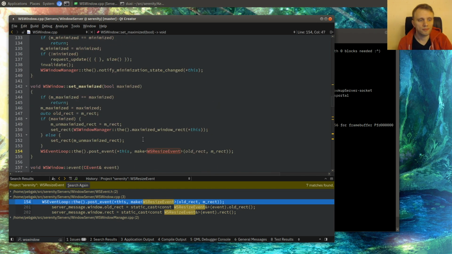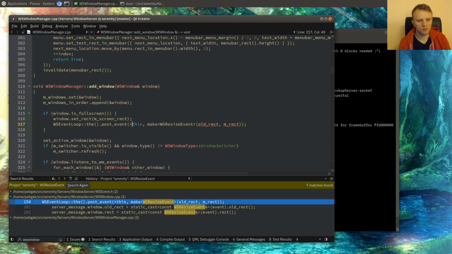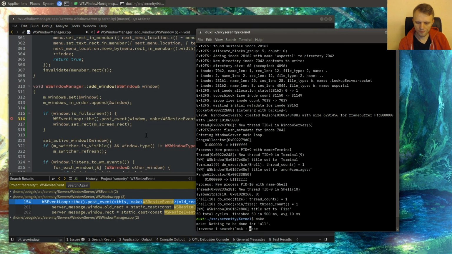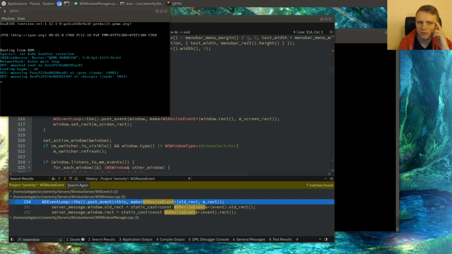So that would be doing this. So we post to the window, and I guess I can post window rect and screen rect. Okay, so now we'll tell the client to resize itself,